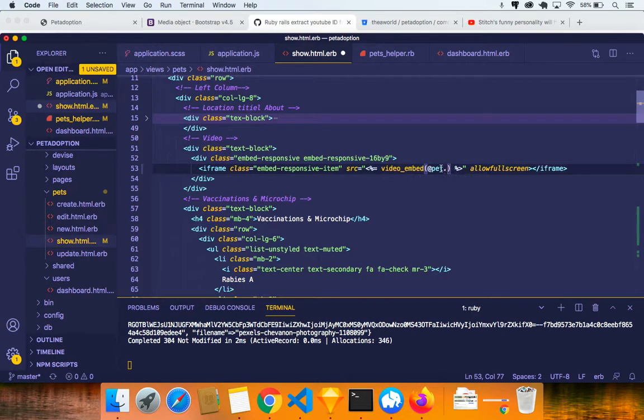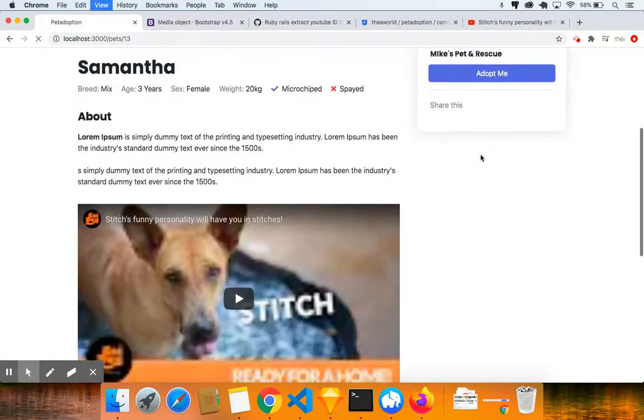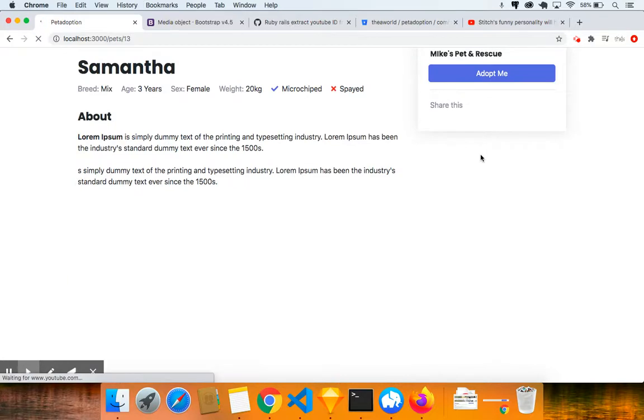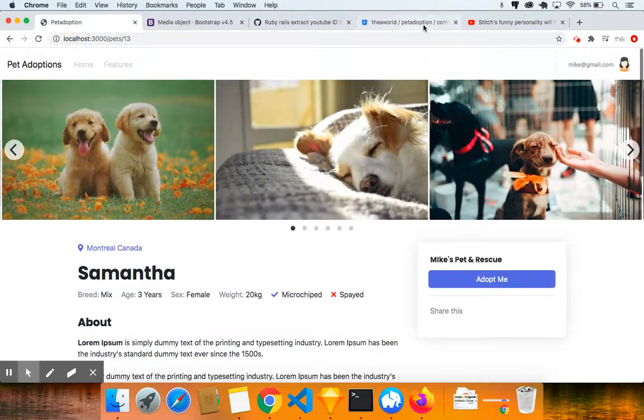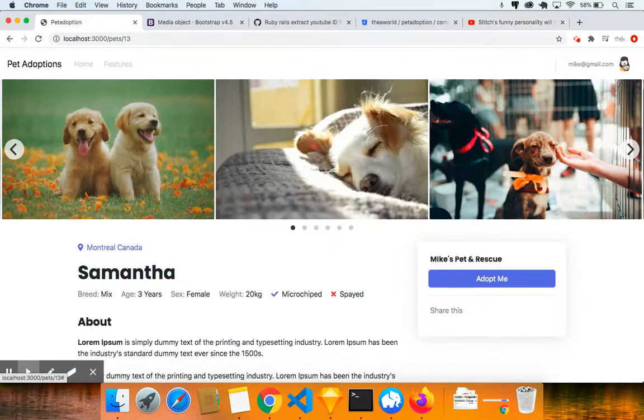Add pet dot video, because that's what you want to do. We're gonna get that from the database. We're gonna add that in. Okay, and if I save this now, and you come back over here and refresh this, it's gonna work. Not only that, if I was to grab this feature thing, copy that, come back here and